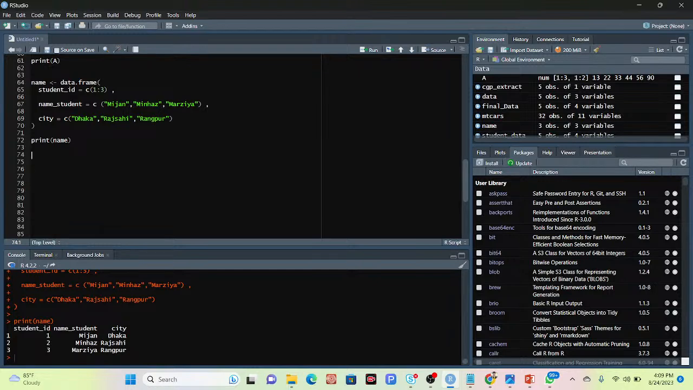Okay, so we already discussed the data frame. It's very easy. I'll also give another example. Suppose I take a variable, and the variable name is name. In this variable I store my name, as a vector, which is a character vector. So I put the names such as